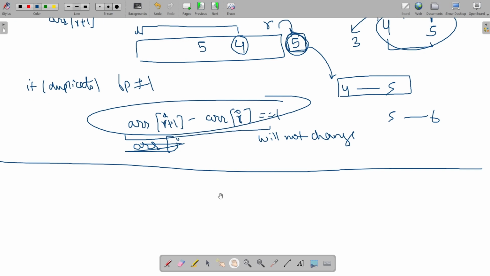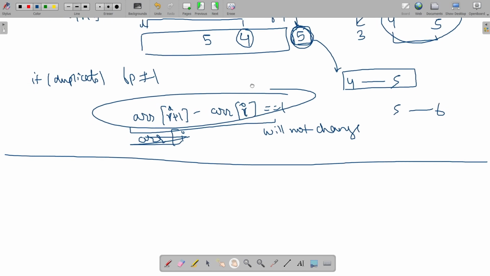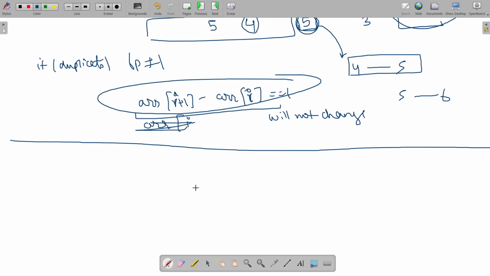Now, some doubt which might come to your mind is, do we do any sort of duplicate counting? And the answer to that is no. By duplicate counting I mean, like this 4 comma 5 pair, can it be counted twice ever? The answer to that is no, because suppose